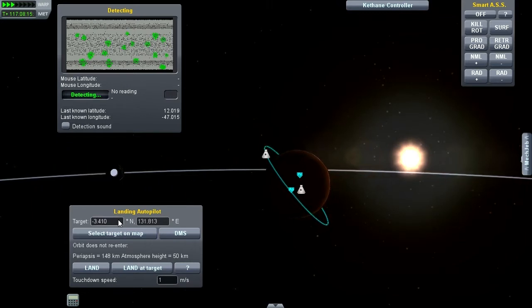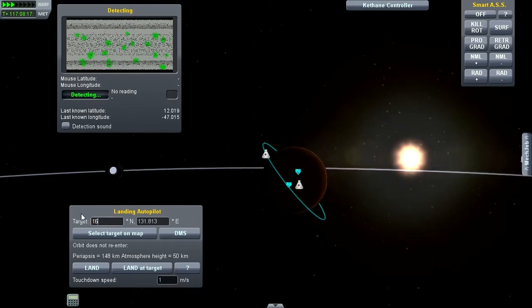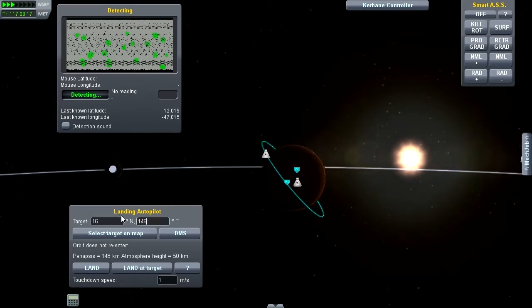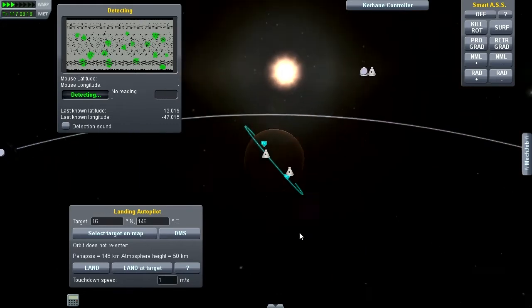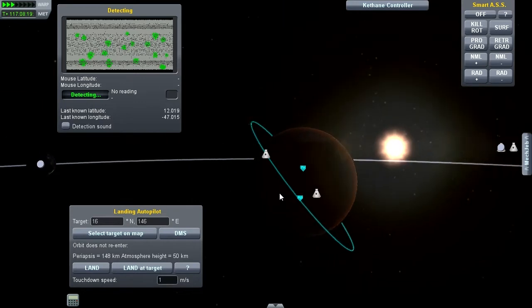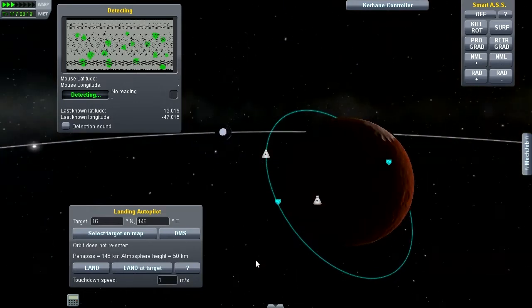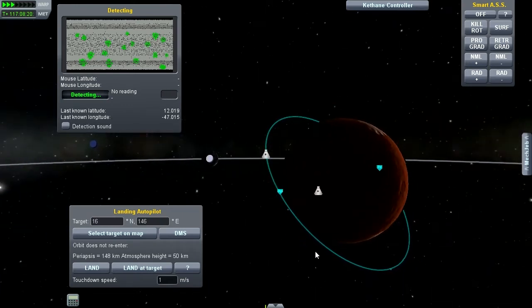So I'm going to, let's see, 16 by 146. So I'm going to put those coordinates in here. And of course, we do not have a re-entering orbit just yet, but that's all right. We have time. As a matter of fact, what I think I need to do